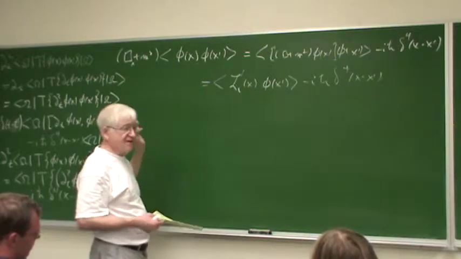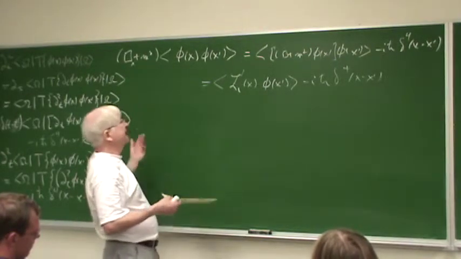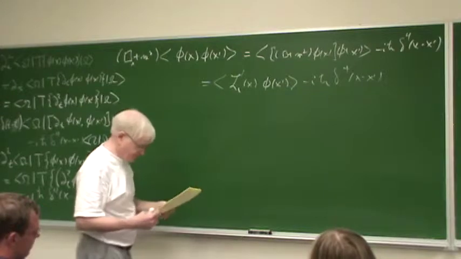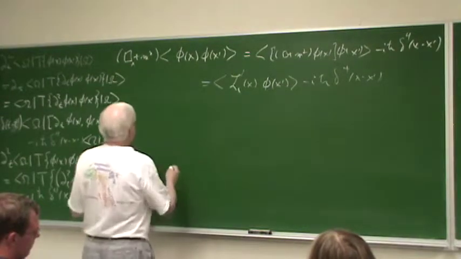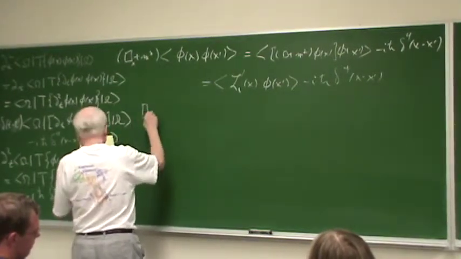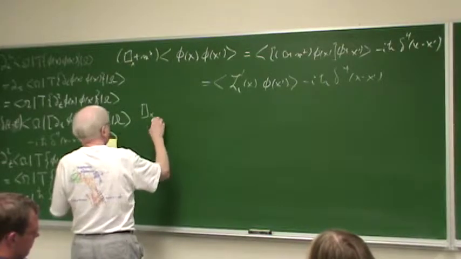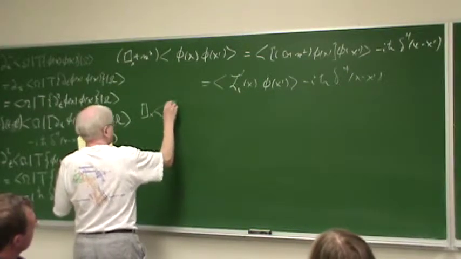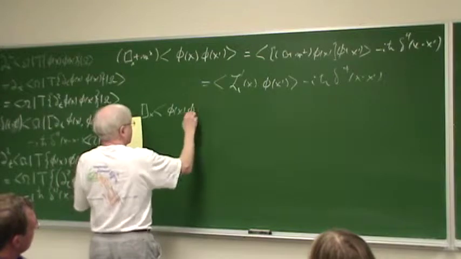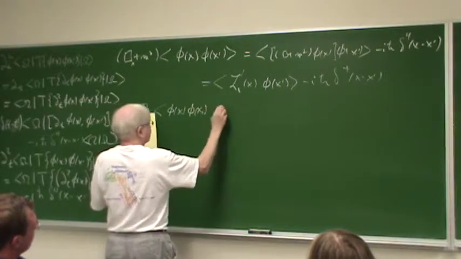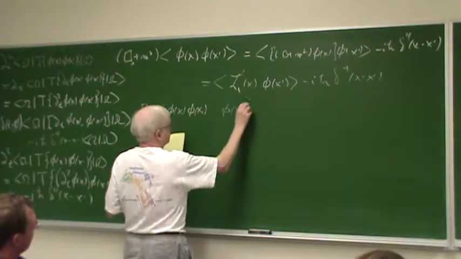So now when the derivatives act, they act in more places. And the answer is box x on this time-ordered product of phi x, phi x1, dot dot dot, phi xn